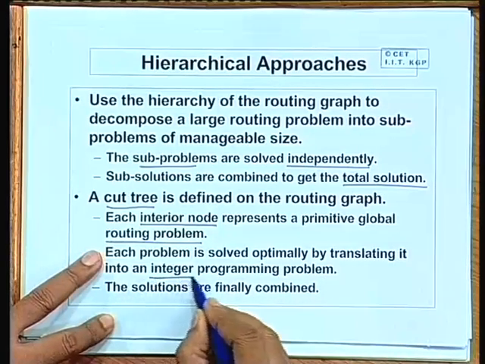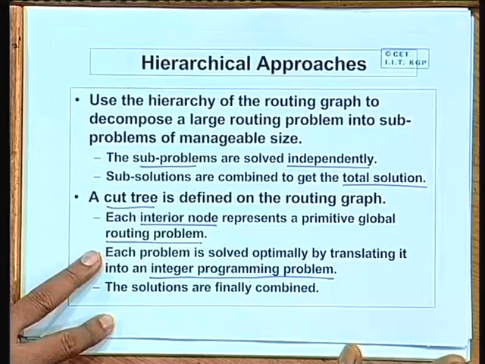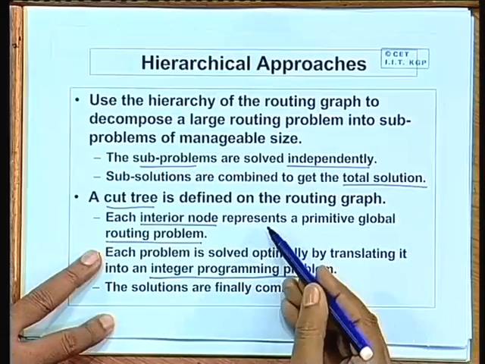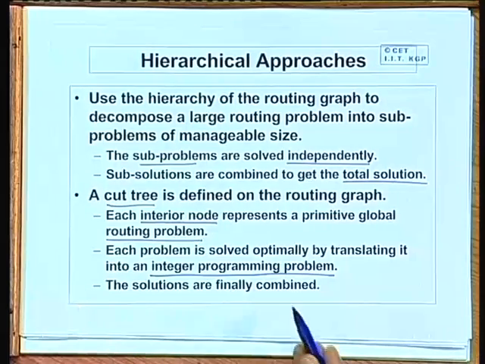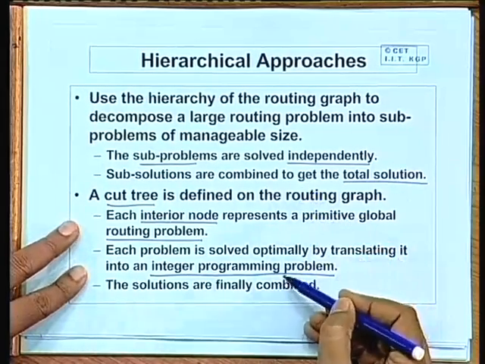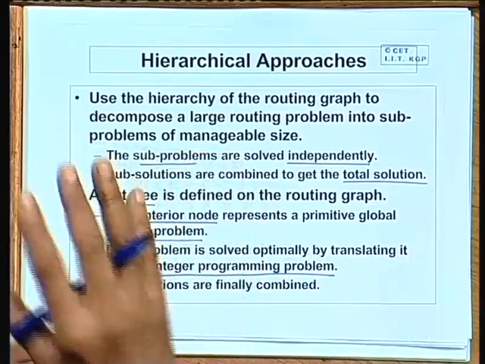Now I have just mentioned that integer linear programming is a feasible alternative, but it works only for smaller problems. So you can feed each of the smaller problems maybe to an ILP solver to get an optimal routing solution at least for that portion. And the solutions are finally combined. Of course, one thing you should remember is that when you partition, solve each subproblem optimally and then combine, that combination may not give you the globally optimum solution, but at least you are sure that the local routing you have done in the best possible way.